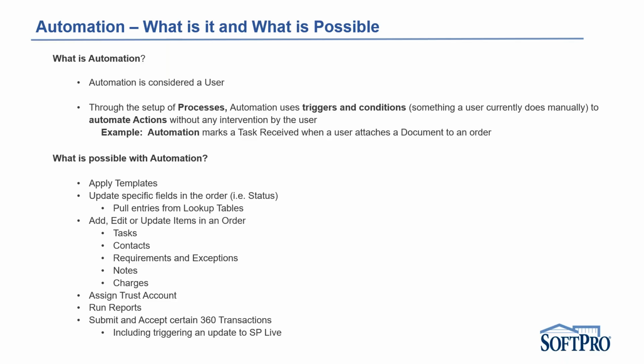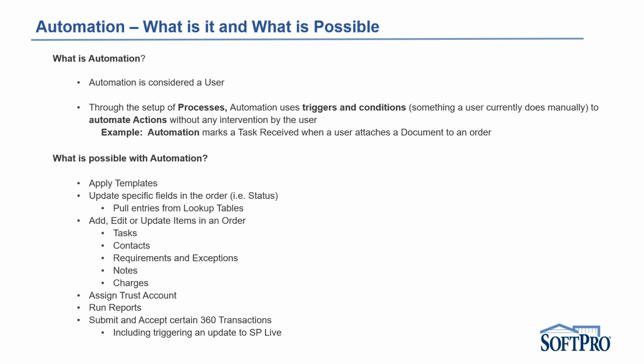It could pull in a specific requirement or exception, something like that. Above and beyond that, as far as updating a field, it can actually add items to an order, which is something, let's say, if you're familiar with formulas, a formula can't do. So anywhere you see the plus sign in an order, like adding a contact, adding a requirement exception, adding a